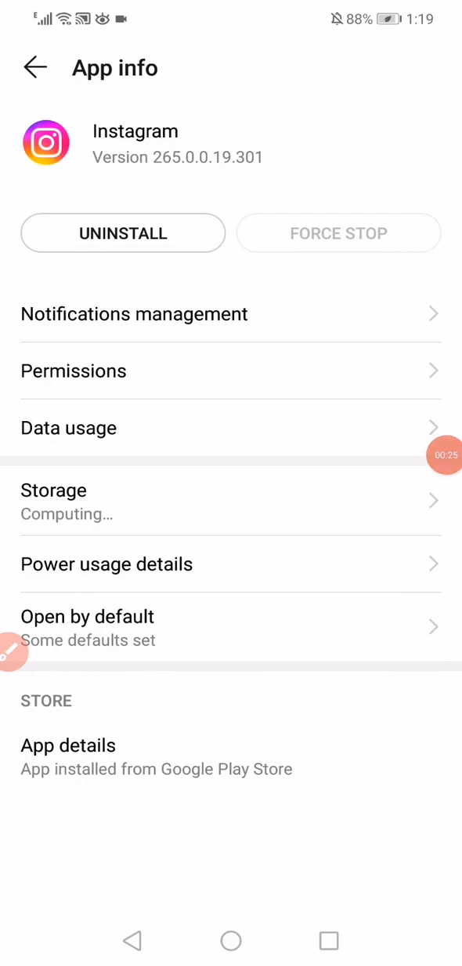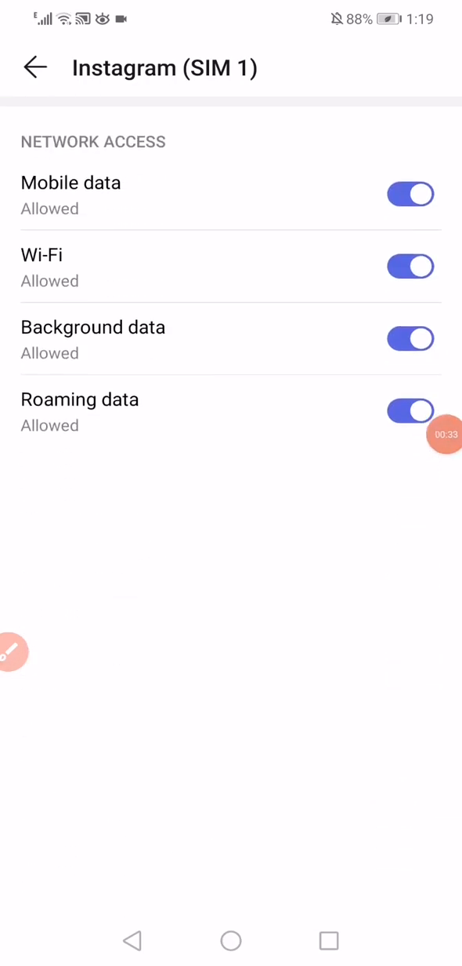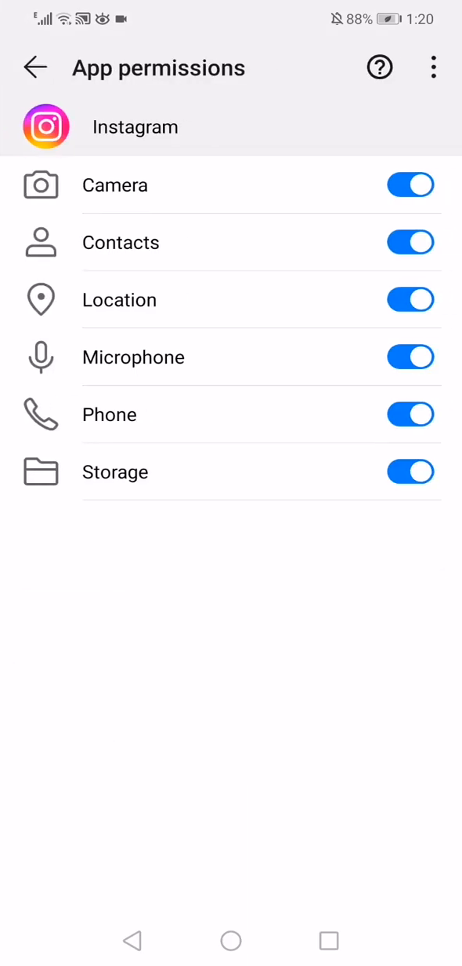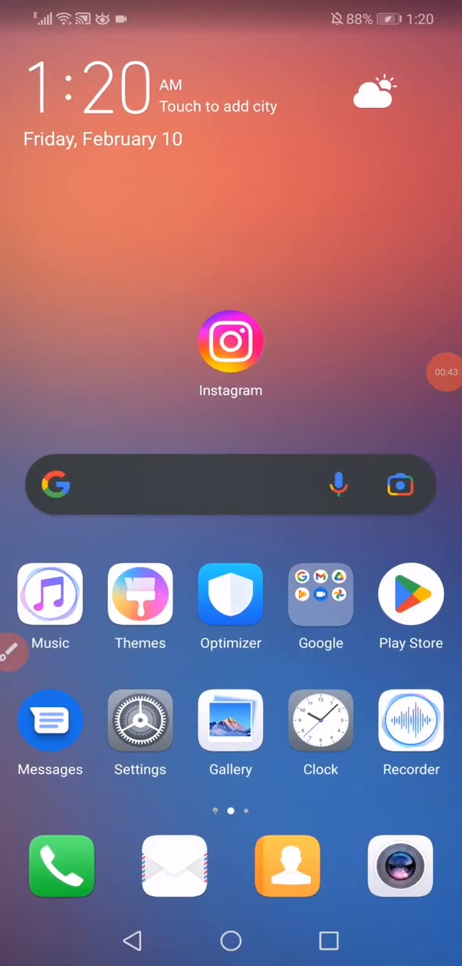When you click on Instagram, all you want to do next is very simple. Just click on this data usage right here and make sure to enable all these options. Go back, click on force stop. After that, click on permissions and make sure to enable every permission here. Restart your phone and